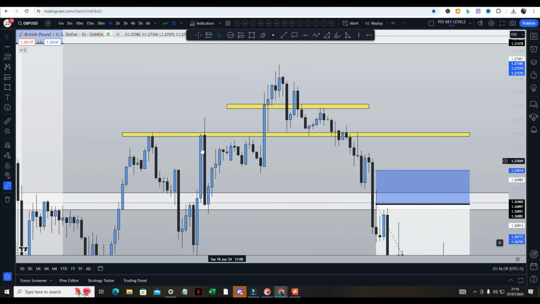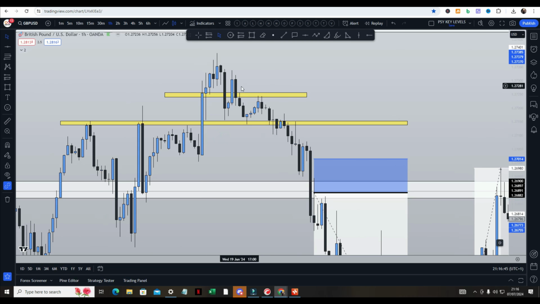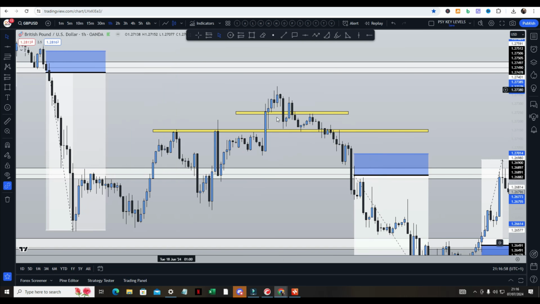Now, look at this. Rejection levels, which I've already marked out. Forget all these fake outs, but look at this: breakthrough, respected. Price comes back down. Remember, this is on the smaller time frame, smaller movements. Why? Because obviously this is no man's land. This is another reason why this doesn't have value in my eyes, because it's in no man's land.